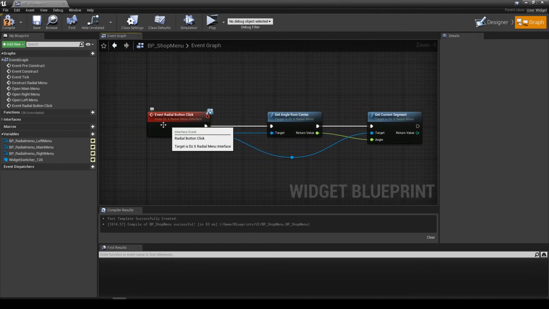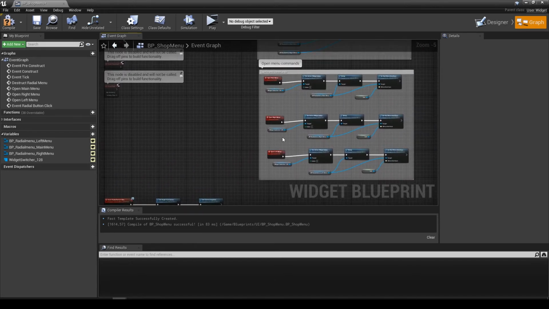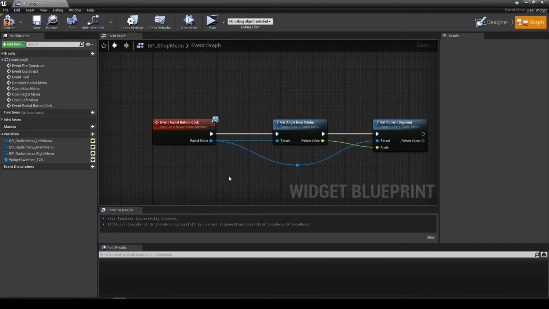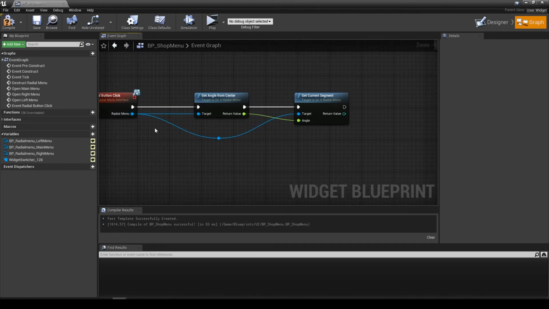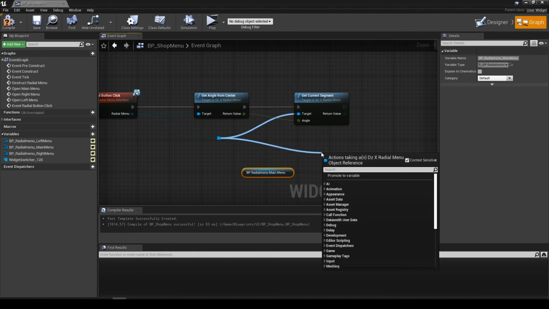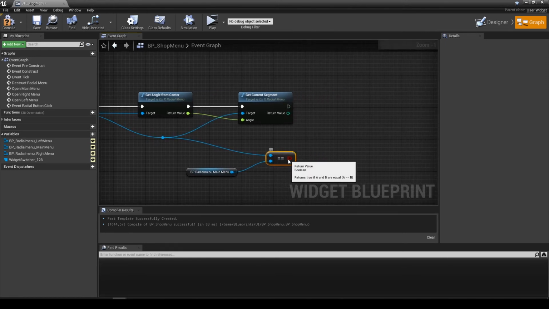Okay, next thing, what we need to know is which menu is active at the moment. This button click function, or event, is called from each menu, and this object, this shop menu, doesn't know which one is active at the moment. So basically you have multiple options to do it. The simplest way is just to check if the active menu is the radial menu sending the functions. So I will check, for example, if main menu is equal to this one, and if it is,